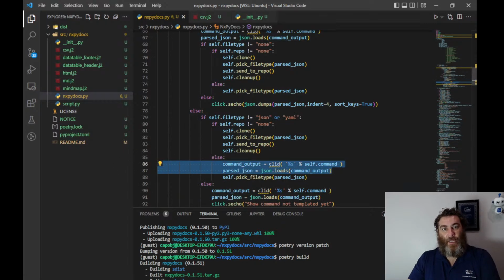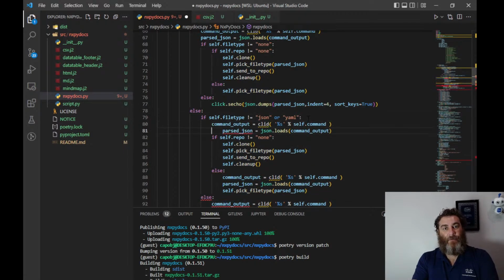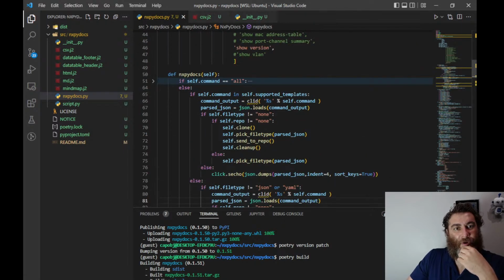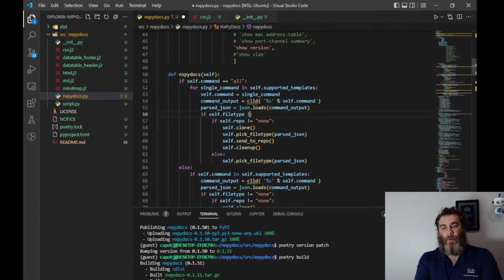Yeah, I have to generate that first. And then what was my other little failure there? Was if they said no file, but they put in a git repo. So if command, and then if self file type does not equal none,